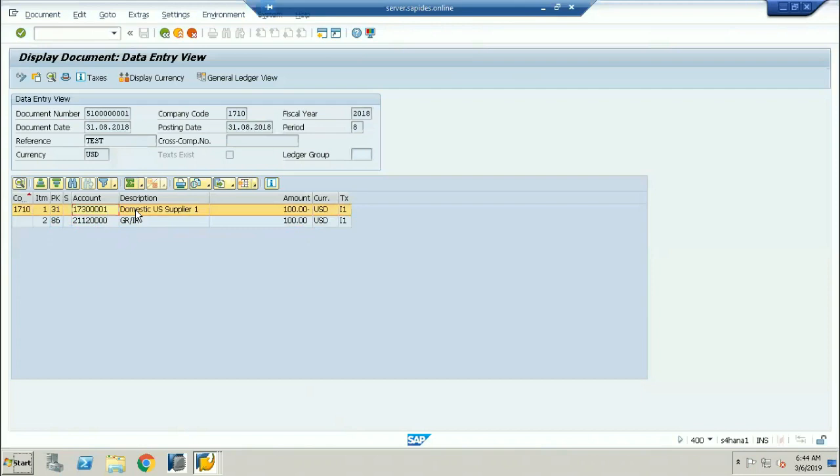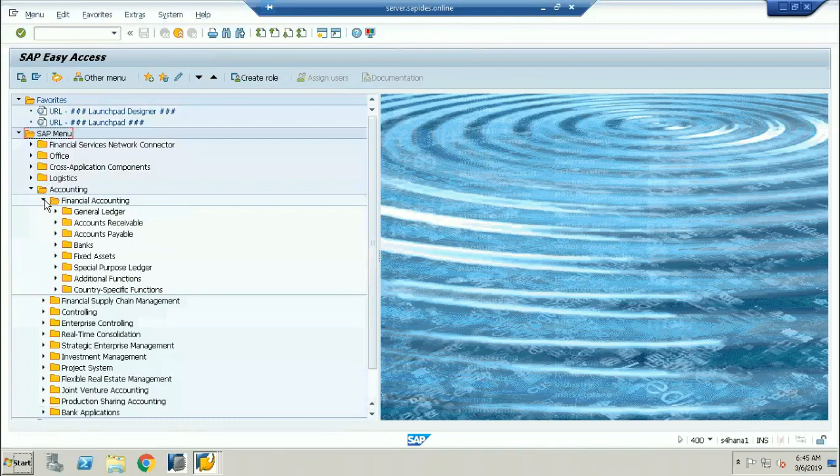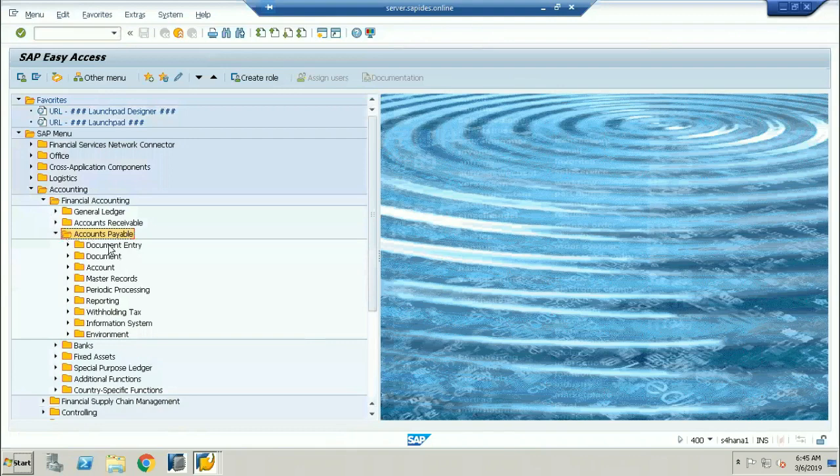Before I make the payment to the vendor, what is the payment amount? This is 100. Now, can I see the total outstanding for this particular vendor account in FI? What I will do here is type /O to create a new screen. Accounting, financial accounting, accounts payable, and then the vendor account display. In FI, the vendor line item has to be displayed because I need to make the payment to the vendor for the liability.